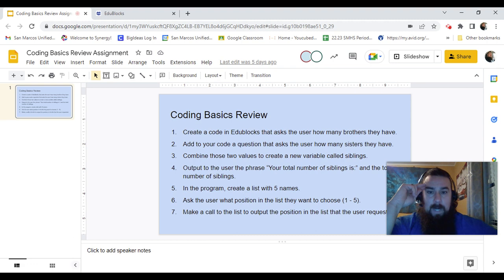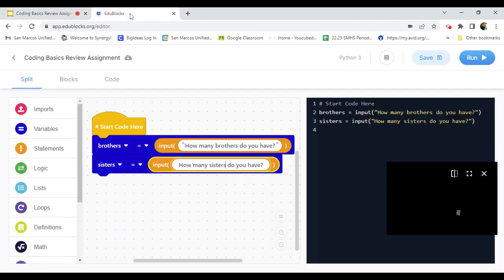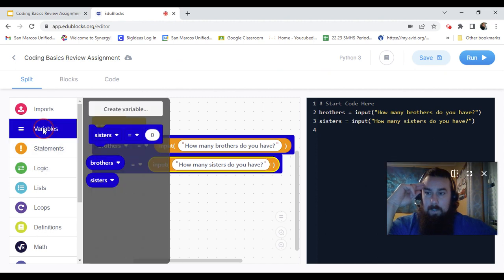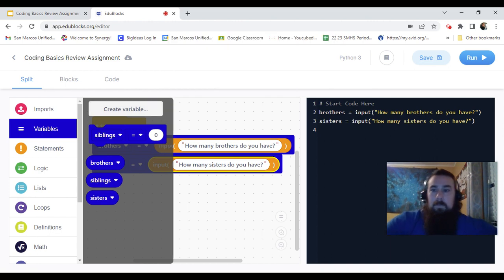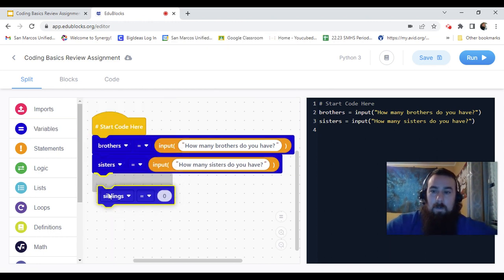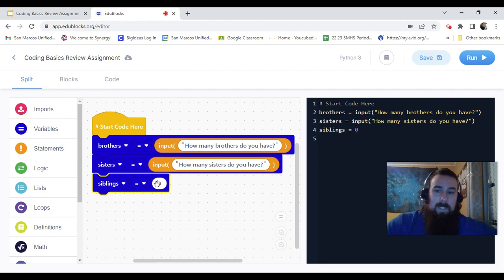Next, it says combine those two values to create a new variable called siblings. Okay, cool. So we need to create a new variable. We're going to call it siblings. Here we go. And we want siblings to combine those two things. So siblings is going to equal,